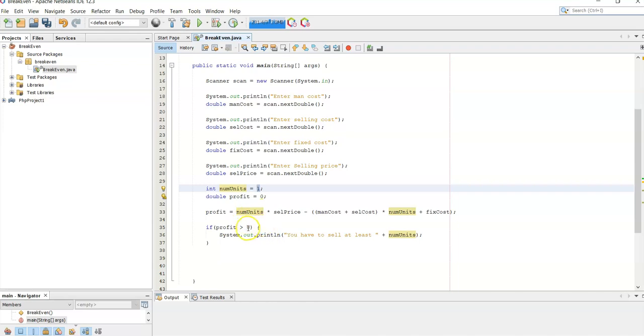So when we check, while number of units is 1 and profit is 0, it means just one. If I sell just one unit, it will be enough to reach the break-even point. So if at the beginning profit is higher than 0, we will just say that you have to sell at least number of units, which is 1. That's it. But sorry, yeah,